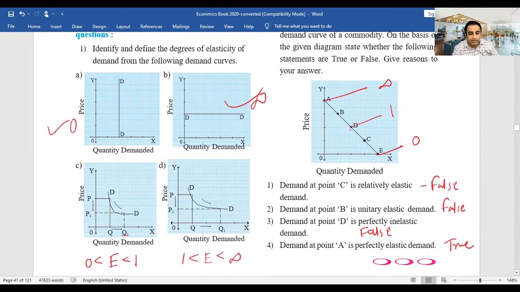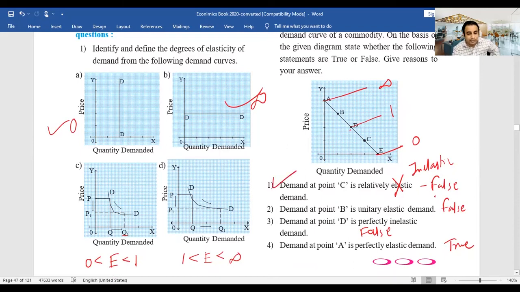पण त्यांनी म्हणलं की रिलेटिव्हली इलास्टिक डिमांड, तर हे फॉल्स आहे. व्हाय इट इज फॉल्स? बिकॉज डिमांड इज नॉट रिलेटिव्हली इलास्टिक, इन फॅक्ट इट इज रिलेटिव्हली इनइलास्टिक. सो व्हाय इट इज रिलेटिव्हली इनइलास्टिक? बिकॉज ऍज पर पॉइंट मेथड लोअर सेगमेंट ऑफ द डिमांड कर्व अपॉन अपर सेगमेंट ऑफ द डिमांड कर्व, याचं जे आन्सर आहे ते मोर दॅन 0 अँड लेस दॅन 1 येणार आहे. सो दॅट्स वाय डिमांड ऍट पॉइंट सी इज रिलेटिव्हली इनइलास्टिक, असं एक्सप्लेनेशन याचं लिहायचं. सेकंड, डिमांड ऍट